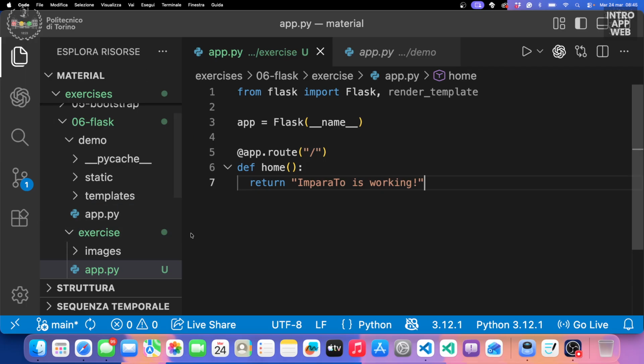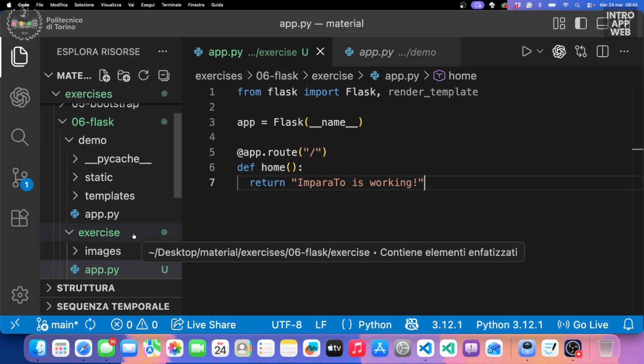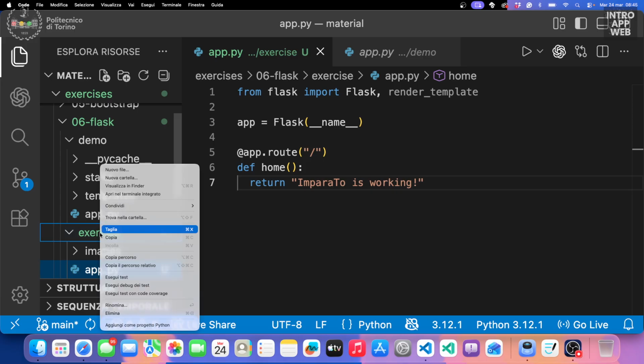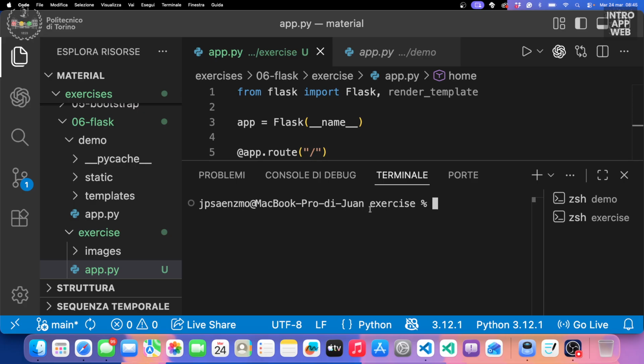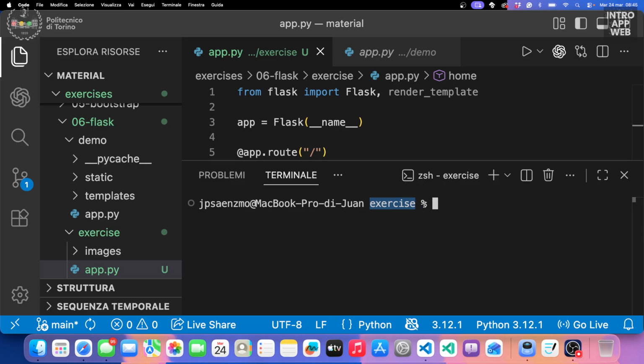How do I execute the application? I open the terminal, and we just have to make sure that we are opening the terminal within this folder, or that we are in that location of the computer when we want to run flask run. So in Visual Studio Code, as I told you last time, the easiest option is to click on the folder and then to click open in the integrated terminal. Here, I already know that I'm within the folder, and then I execute flask